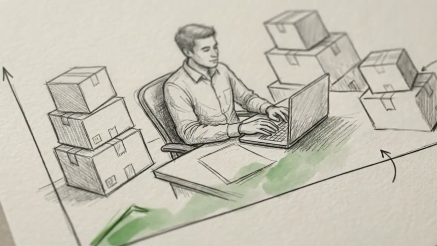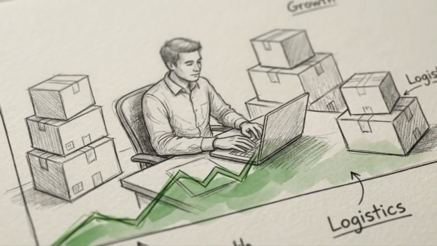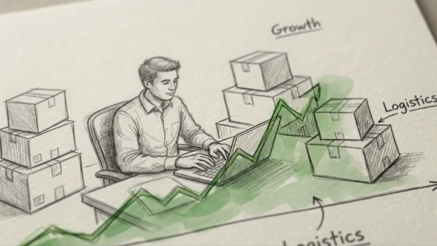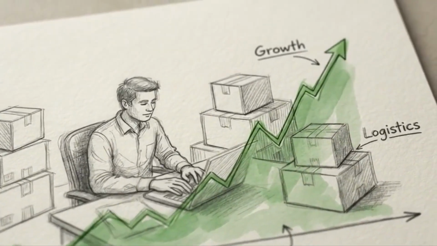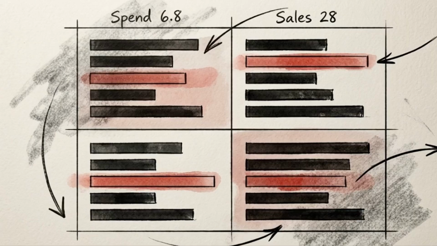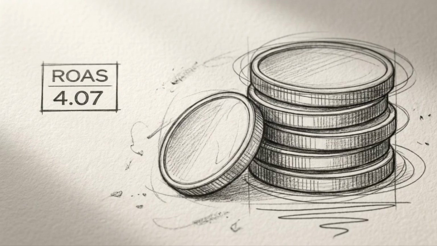Over a 2-year campaign, one Amazon seller achieved a level of sustained financial scale that most direct-to-consumer brands fail to reach. This dashboard displays the exact lifetime metrics for the home decor brand Greenarium. The account generated nearly 28 lakhs in sales from roughly 6.8 lakhs in ad spend. That translates to a 4.07 ROAS, return on ad spend, meaning the campaign returned over 4 rupees for every 1